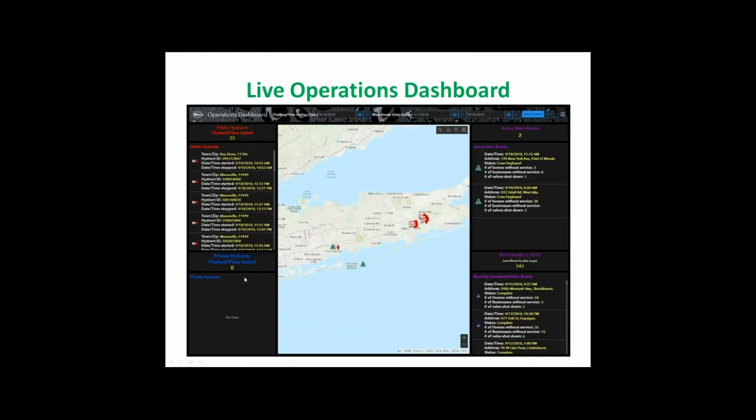Great. So now we're going to move back. So we got the dashboard. That's kind of the field component to it and how people are inputting information. Now we're going to go to the other side where people are using the information. This is a screenshot, but I'm going to take you to the actual application,